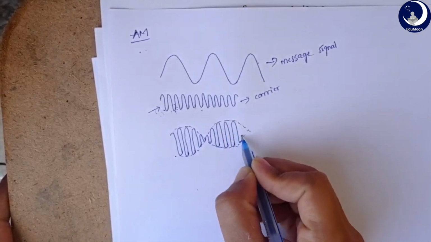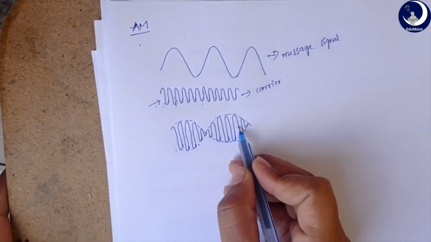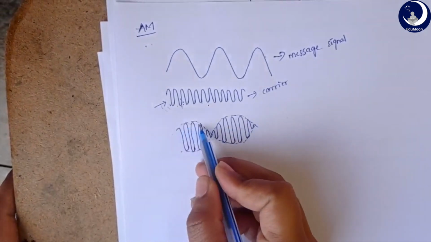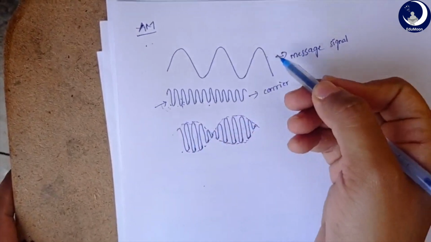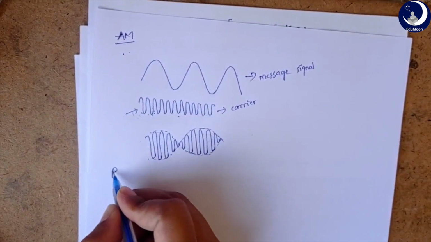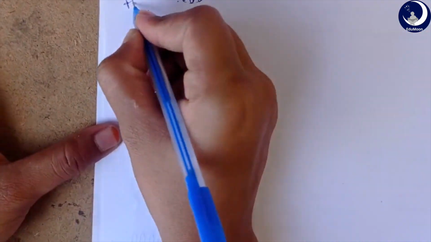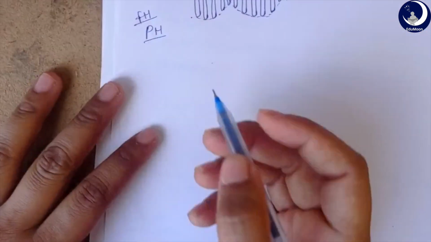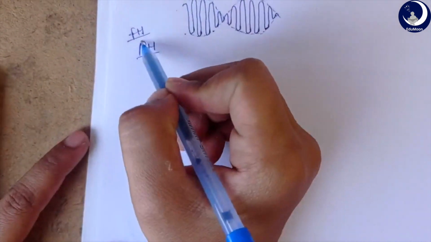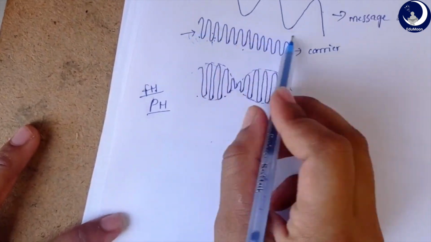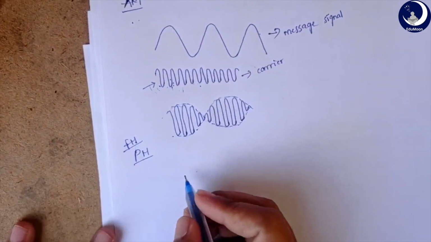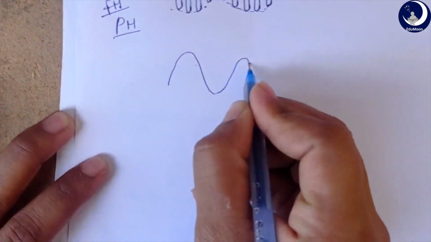here. We see here frequency of the carrier remains constant in amplitude modulation, but amplitude of the carrier varies with respect to the amplitude of the message signal, and this happens in amplitude modulation. Whereas in frequency modulation and phase modulation, that is FM and PM, first of all, when we discuss about frequency modulation, what happens is, in frequency modulation, frequency of the carrier changes but amplitude remains constant, and we will be getting, like, see, if we consider this as a message signal